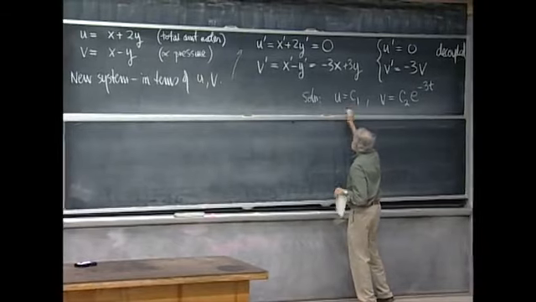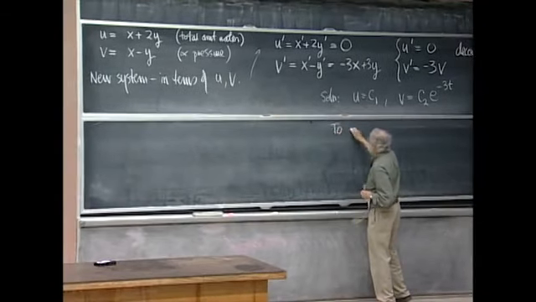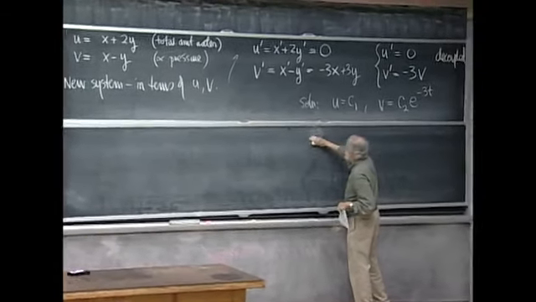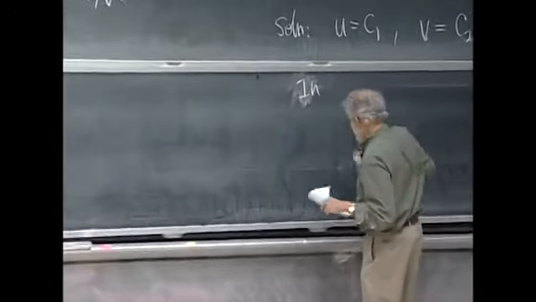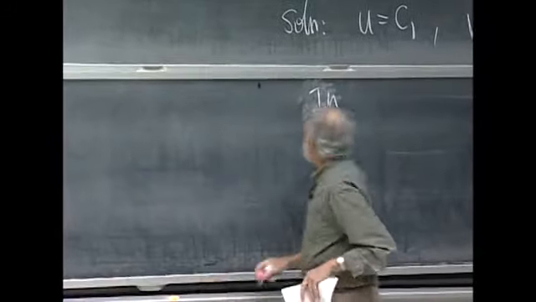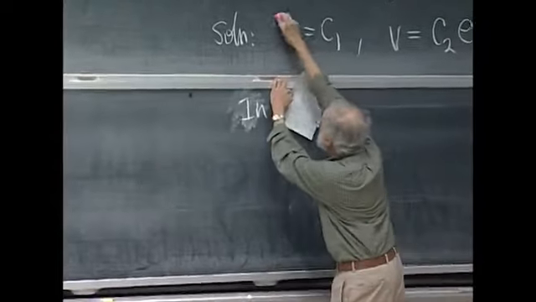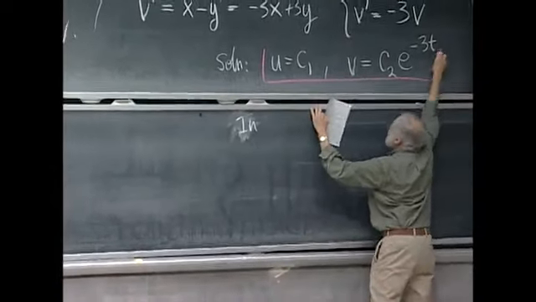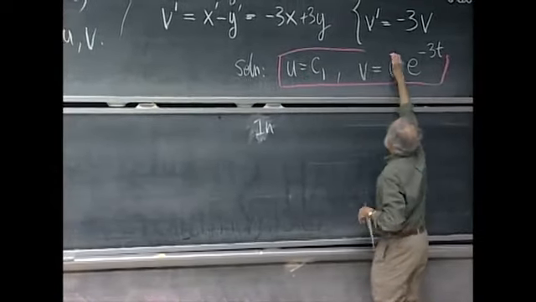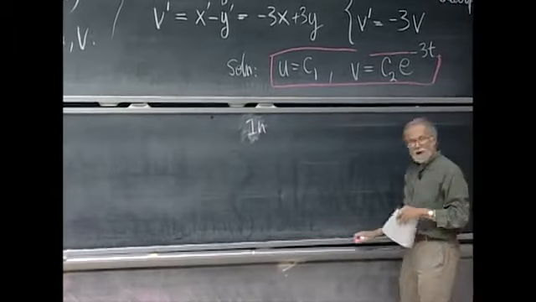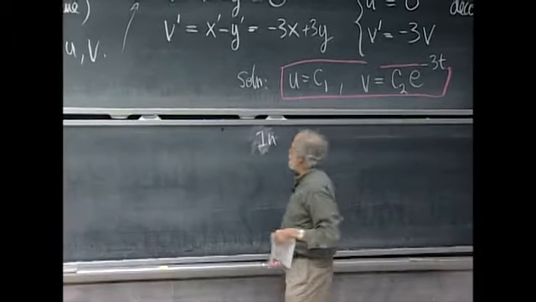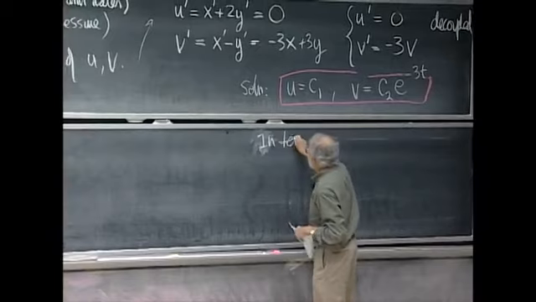So, in terms of u and v, this is a perfectly good way to leave the answer if you're allowed to do it. But if somebody says they want the answer in terms of x and y, well, you have to give them what they're paying for. So in terms of x and y,